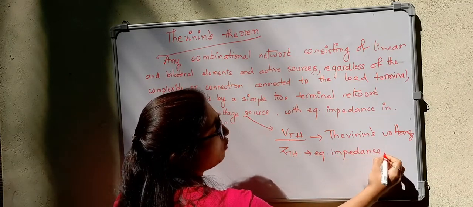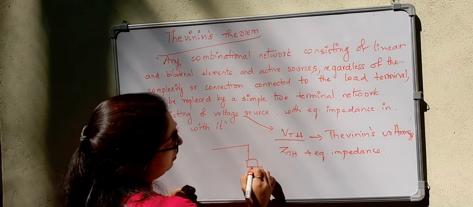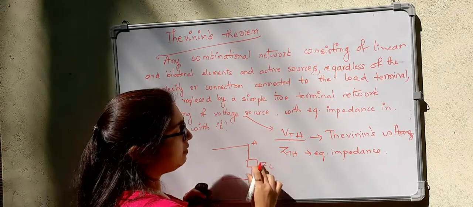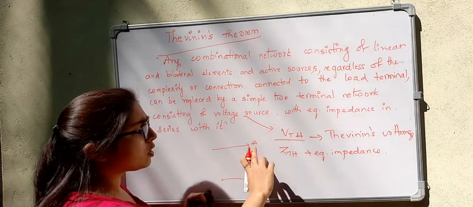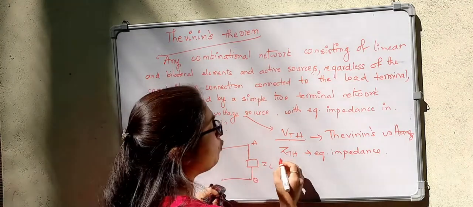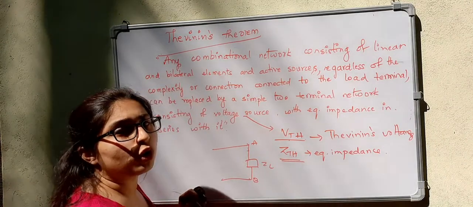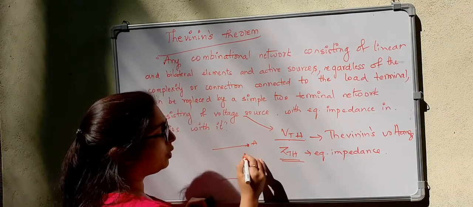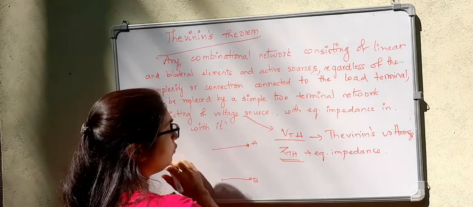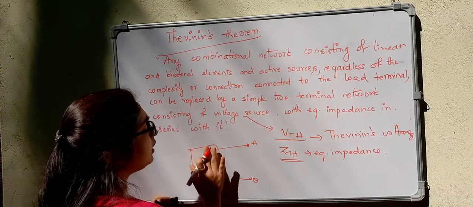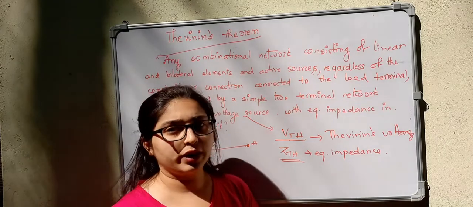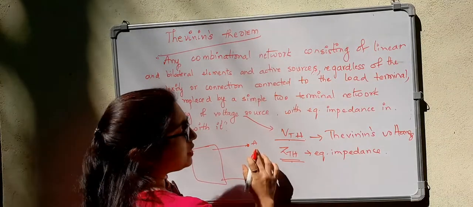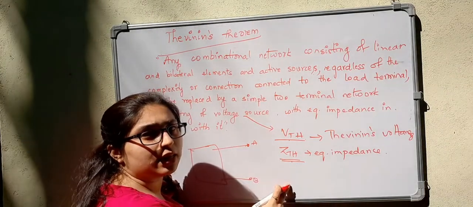Now we have a load which is connected to the load terminals, that is AB. Let us consider this as load terminals, and this is the load ZL which is connected to this terminal. So these are the marked terminals, right? So to find out the equivalent impedance, we have to remove this load now. Then we will be having the remaining network here. In that we will be having current source, voltage source, we may have resistors. So to find the ZTH, first we have to disconnect this load, that means remove the load.